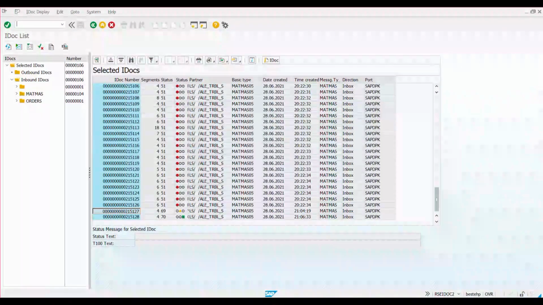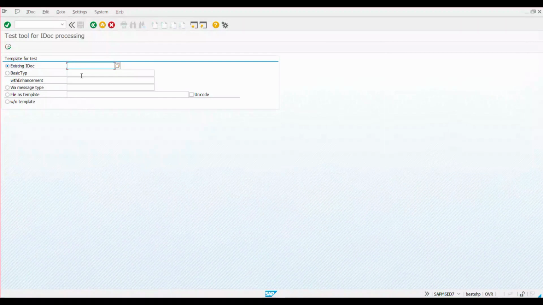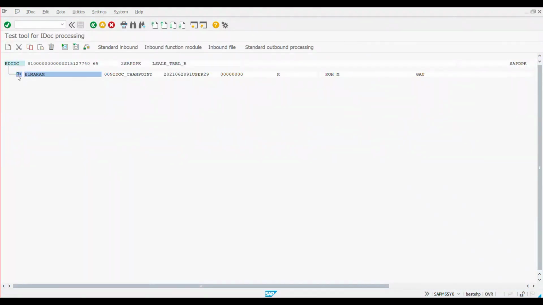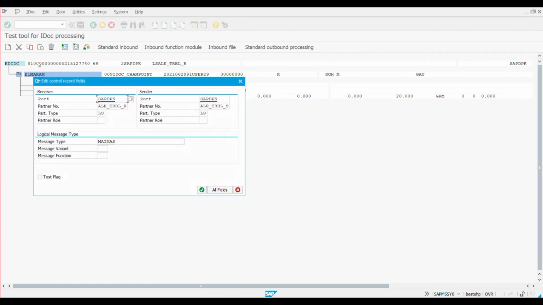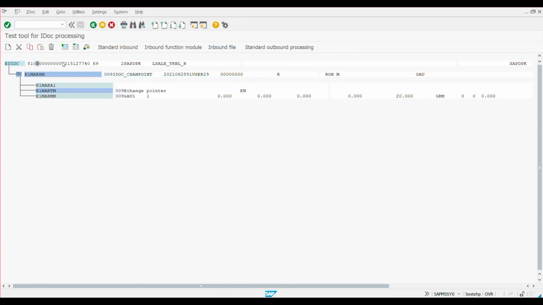I am running the T-code WE19 and I enter the existing IDoc. You can enter the existing IDoc if you know the IDoc number, and click on the execute button. On this IDoc, I'm going to reprocess. Select the segment and select the EDI. Select the segment here and click on start outbound processing. When I click on start outbound processing,